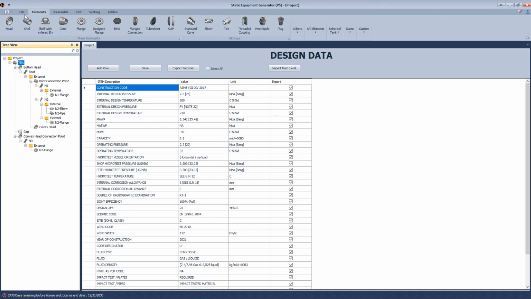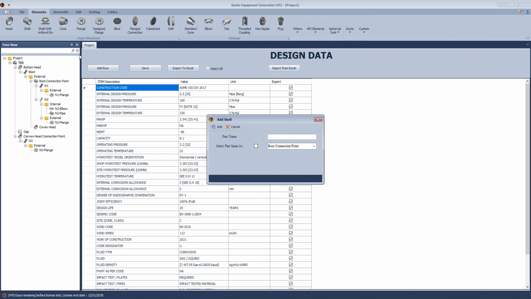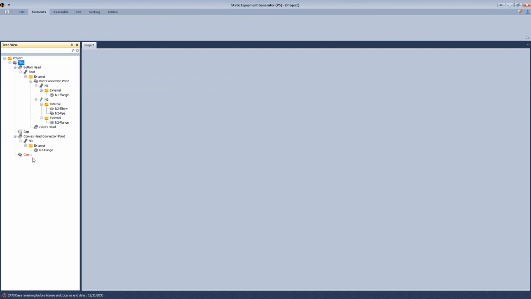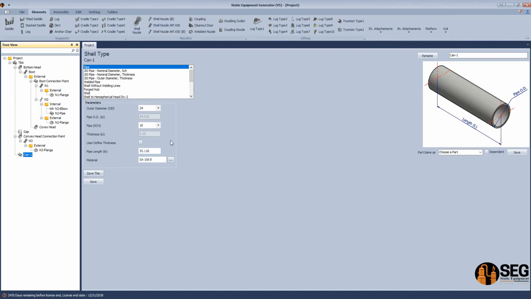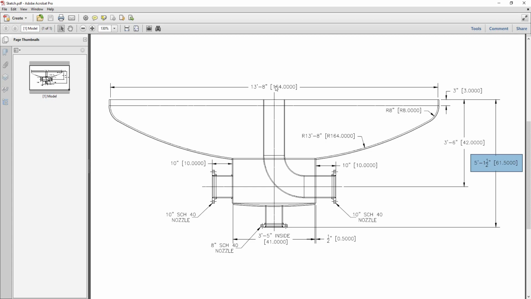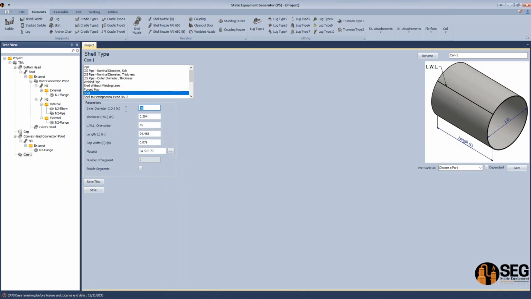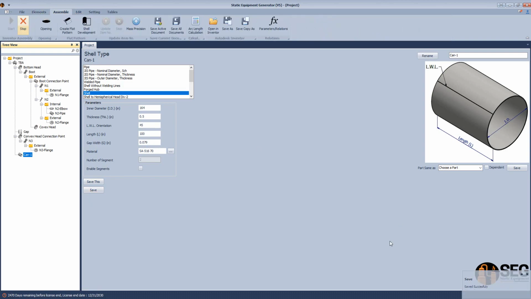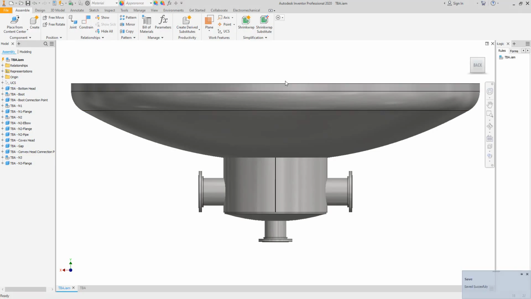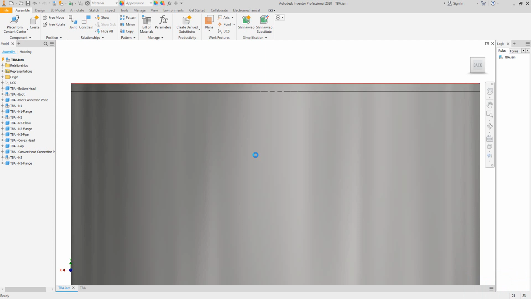resolve that. If we have a shell after this, let's add can 1 like that, and define the inside diameter of the shell. Here we have the inside diameter 164, so it's 164 inches. The thickness is half millimeter, keep the orientation as it is, and the length we could make 100, and click on save. Now if you click on create the assembly, you will get the shell with a gap, because we added a gap to create the unreal element, which is the